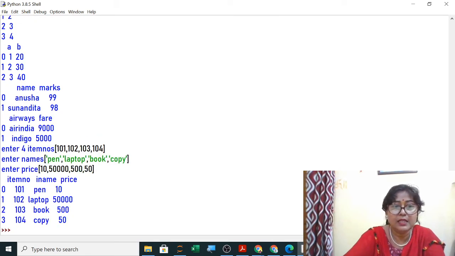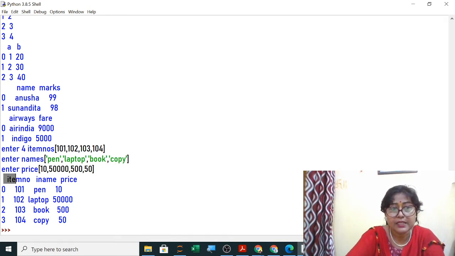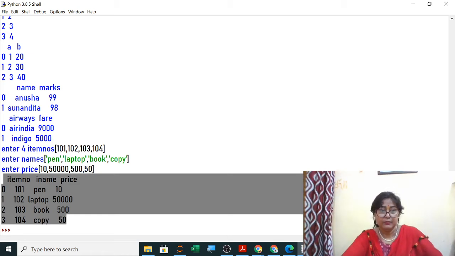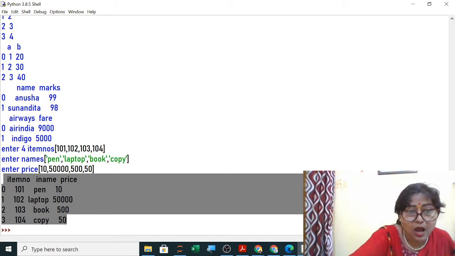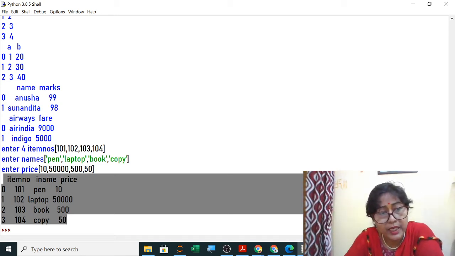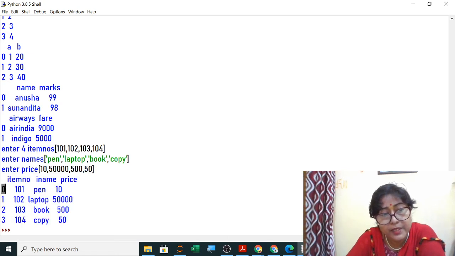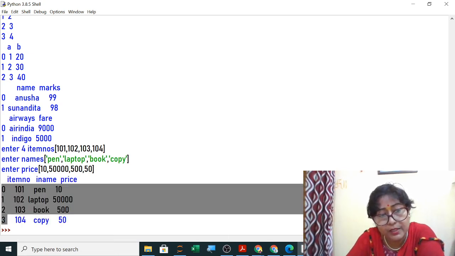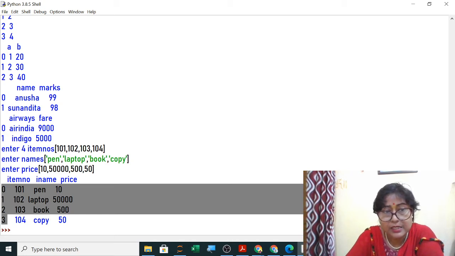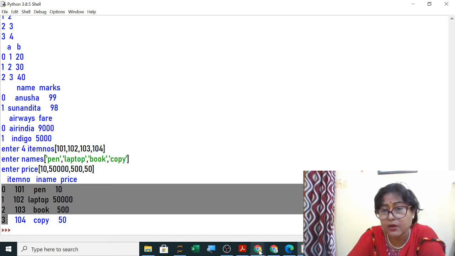Now when you execute, see, it has created the table with the user entered data. Yes, now the output question also you will get in the case study. The same data frame is asked in the case study also. So there you have to write the output. Index will be 0, 1 to 3, and then the data like this, column in tabular form, you have to write the output. Clear? This much is clear to all of you? Any doubt till here?